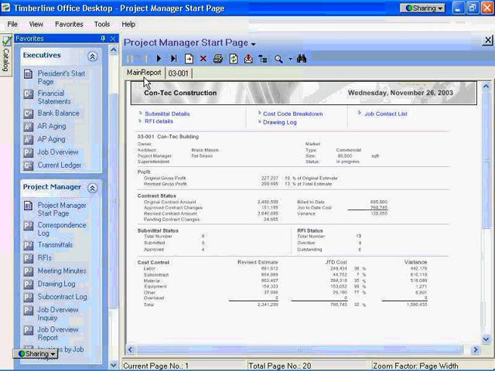Okay, what we're looking at now is the Timberline Office desktop application, a front-end application that sits on top of Timberline and enables you to completely configure your screen based on the type of work you're doing in the company today. For example, if I come in and I'm an executive, I might want to have a start page that comes up something like this,